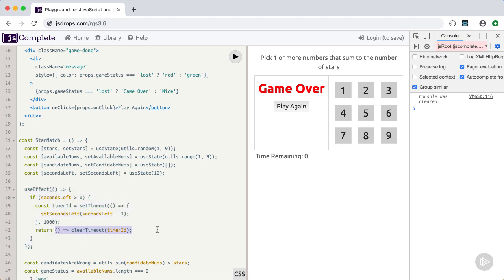So in the next video, I'm going to show you how to reset the game by unmounting the component rather than by resetting the state. Because when you unmount the component, remember, React will also call all the cleanups that you have. And I think that's a cleaner way to implement the play again button. Before we do that,